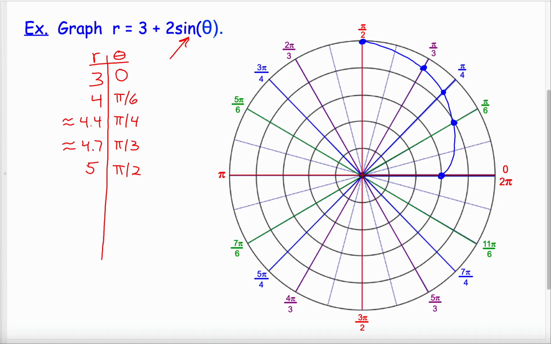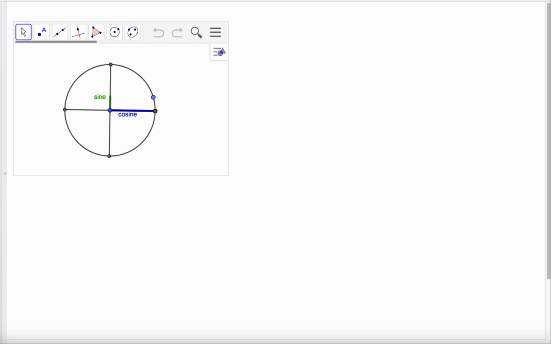But I'm not going to go through and plot all these values. Now, I could say, well, hey, how about 2 pi over 3? There's really nothing I need to do for that because I know it's going to be 4.7. How do I know that? Because I'm clairvoyant. No. Because I remember when we were doing the unit circle that when I start at 0,